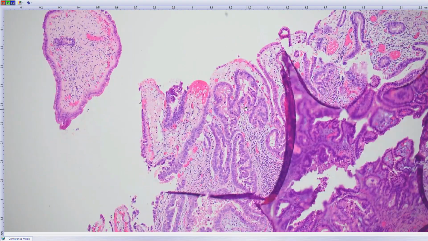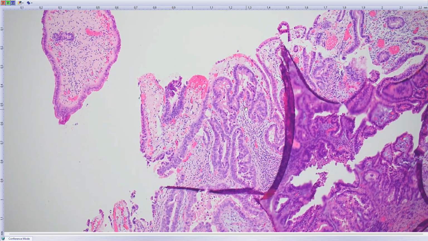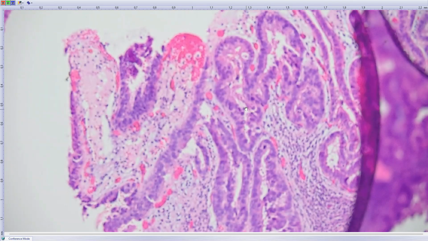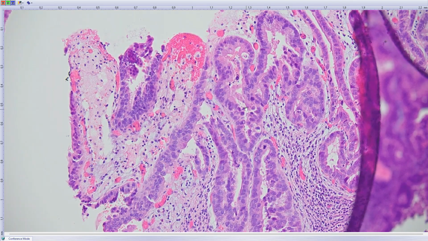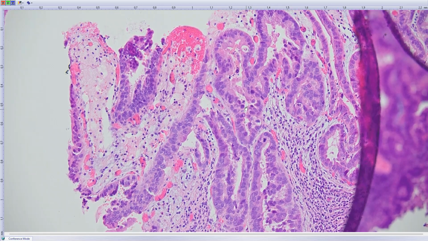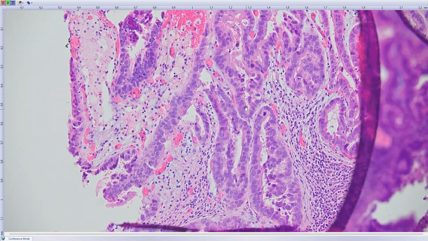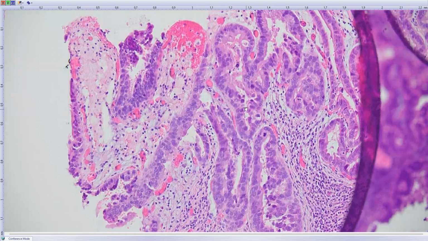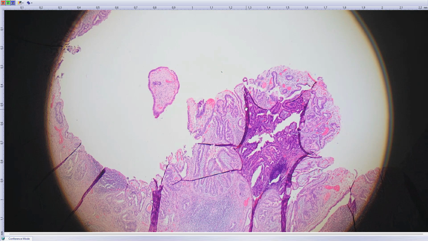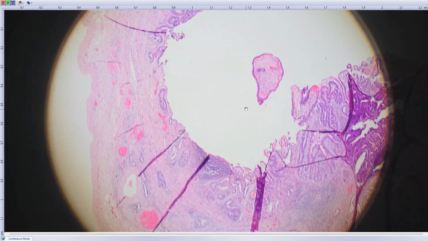So these are other parts, and you see this really high-grade dysplastic epithelium. When thinking about high-grade dysplasia, it's really straightforward and it's widespread in the gallbladder. It's almost never a very focal lesion. It's widespread. Okay, so I had this morphology in many blocks. And in addition, you have to submit the whole gallbladder and